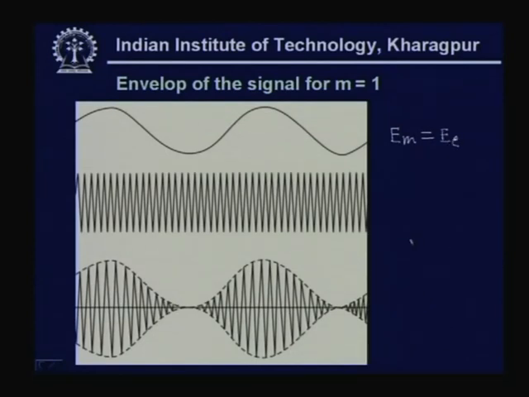So, in that case what is happening, you are getting the value of m equal to 1, because m is equal to Em by Ec. So for Em, m is equal to 1, as you can see in this case, since the amplitude of this signal and the amplitude of this is the same, the difference is 0 and the maximum value is 2 Ec. So it varies from 0 to 2 Ec. So in that case we get the maximum modulation, that means this is the maximum permissible modulation possible, because as